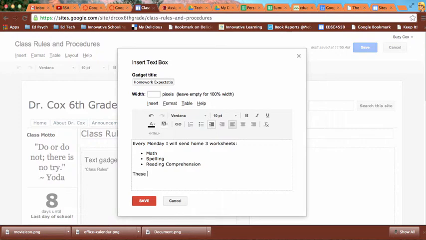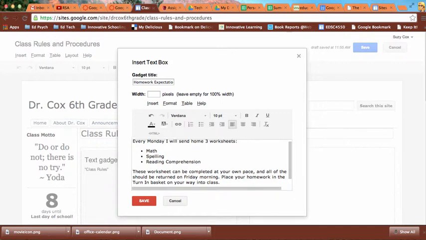All right, these worksheets can be completed at your own pace, and all of them should be returned on Friday morning. Place your homework in the turn-in basket on your way into class. Okay, that's basically it. I mean, if you want them doing a little bit of the spelling each day, or you want them to do half of the math on Tuesday and half on Thursday, or whatever it might be,